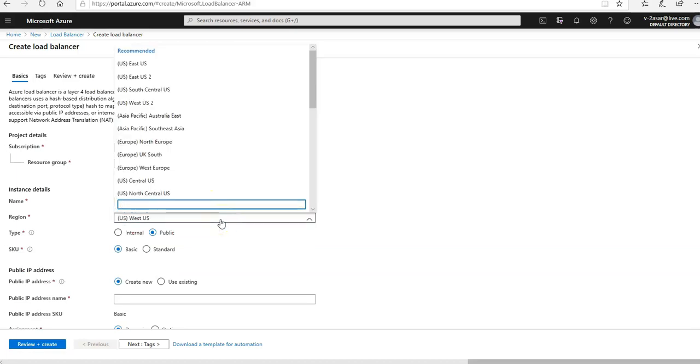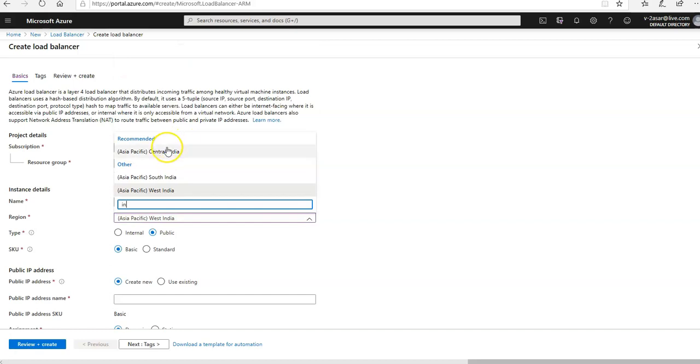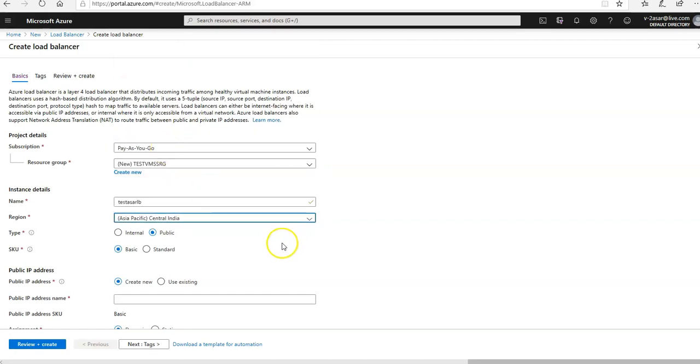Region, as I always prefer, let me go with Central India. The type would be public, I'm not making an internal load balancer. The SKU would be standard,